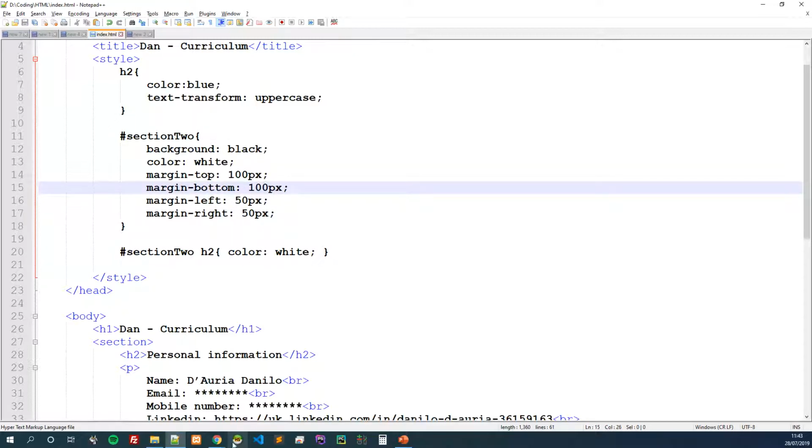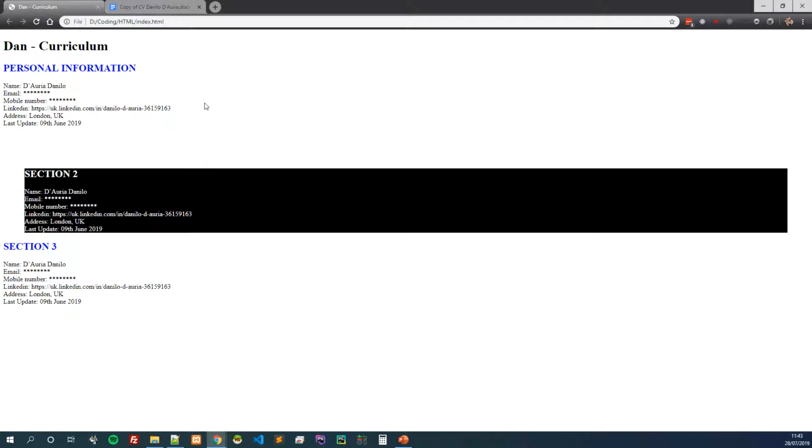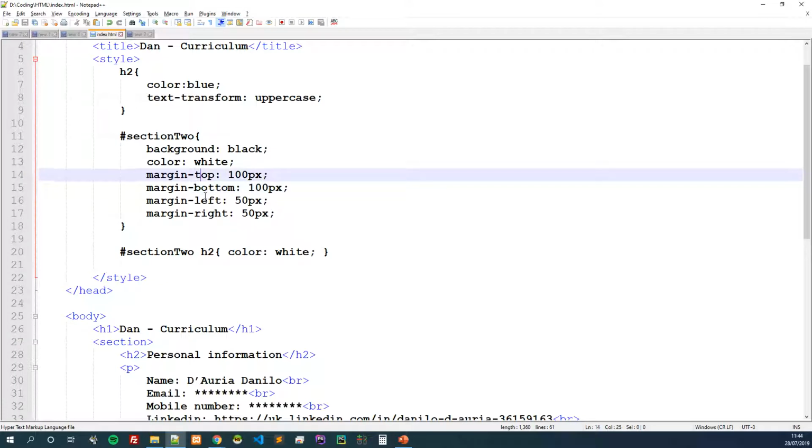Yeah, I put double O here. So we see when you misspell it, then of course the browser will not recognize the command and will not apply it. Freelance now is applying it. So when we want to apply multiple changes to the margin,